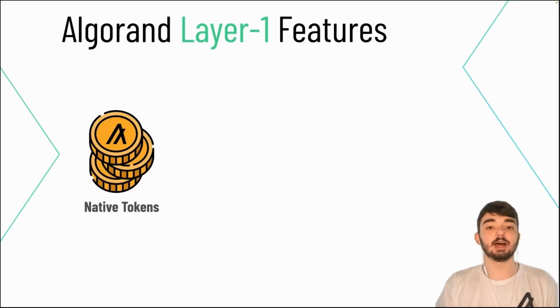On many other chains, I need to write code to create tokenized representations of assets. On Algorand, this is a feature that is supported natively by the protocol. This enables a couple of really cool features that we'll get into a bit later once we get into the code. But the core idea is that we don't need to write smart contract code, and we can be guaranteed that the protocol is doing the accounting of our native tokens properly. We aren't relying on smart contract logic. We're just relying on the core infrastructure that powers the Algorand network.